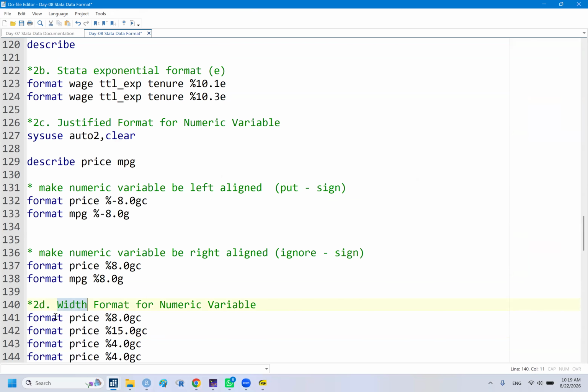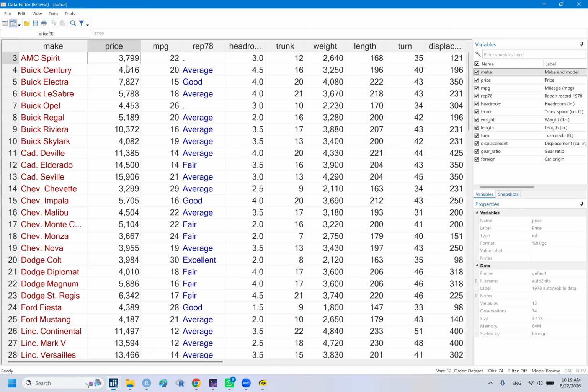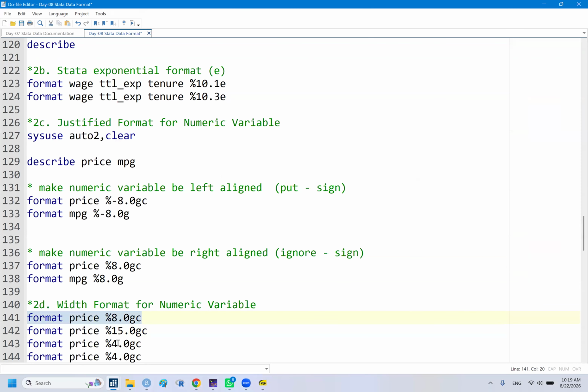This is the original. I should take you back to the original first. You see, for original, even the commas are there. If I try to narrow this down to 6,